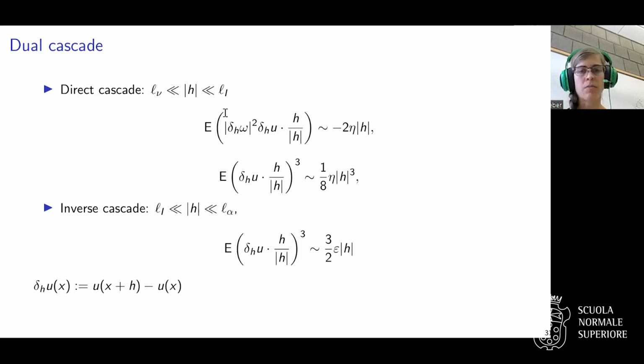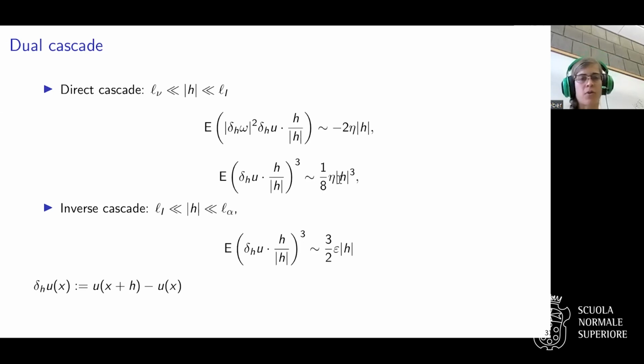This is also called Yaglom's law. It looks, I guess, related to the four-thirds law from before. You take the expected value of some average of the increment of the vorticity and the longitudinal increment of the velocity, and that scales as -2 eta, which is the forcing input in the vorticity equation, times the modulus of h. You can also derive something for the velocity field: what was the 4/5 law before now becomes this expression, where h is to the power 3.